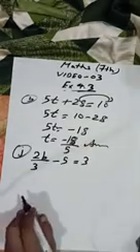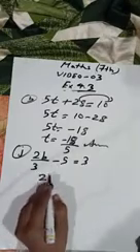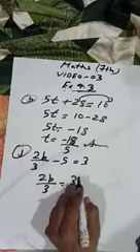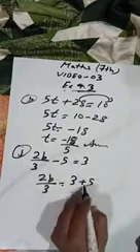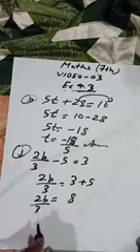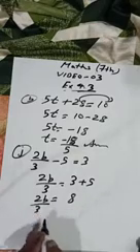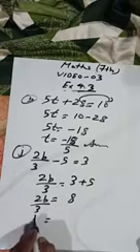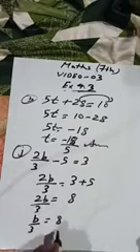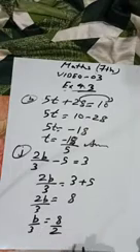Now J. 2b upon 3. This 5 is shifted this side. So this minus will become plus 8. 2b upon 3. Now let's remove 2. So b by 3, 8. This 2 is multiplied, it will go here, divide.